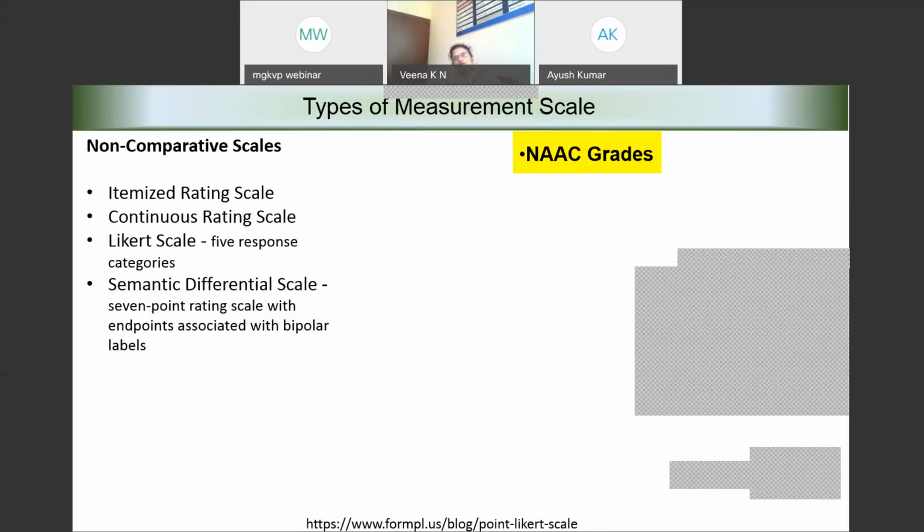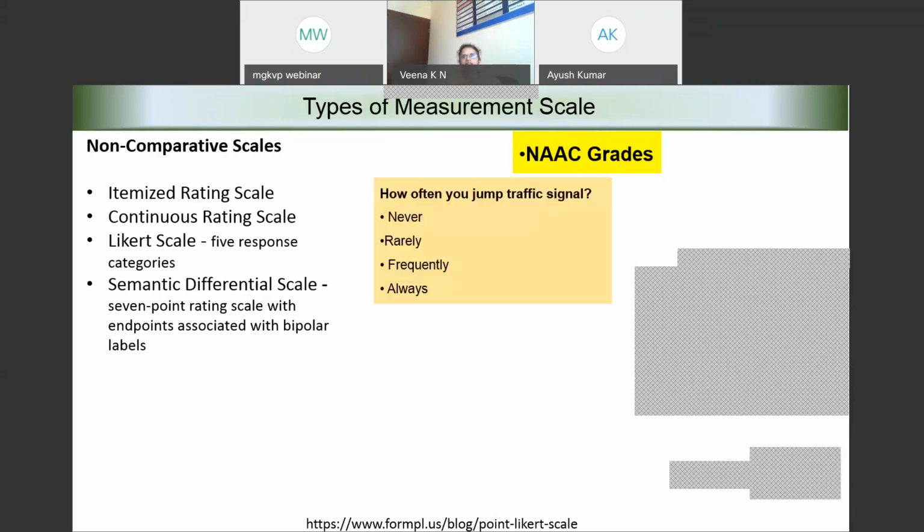It's a scale of 1 to 4. Colleges might end up getting 2.51 or 3.71 or 3.26, 1.58, anything. So if that is the type of grades the higher education institutions are given, what type of scale are they using? Is it an itemized rating scale or continuous, or is it Likert? What could it be? Okay, 2 of you have answered it as continuous and it is correct.